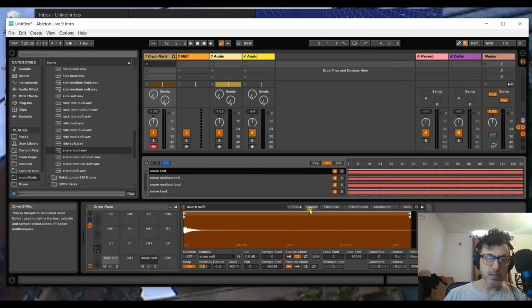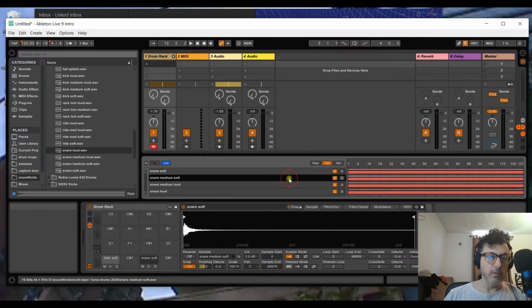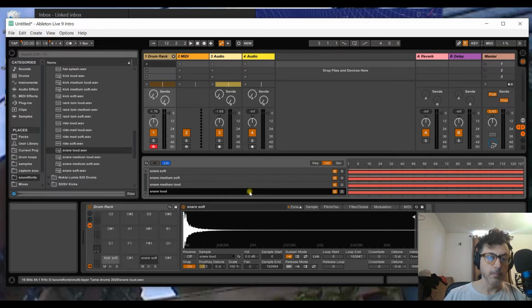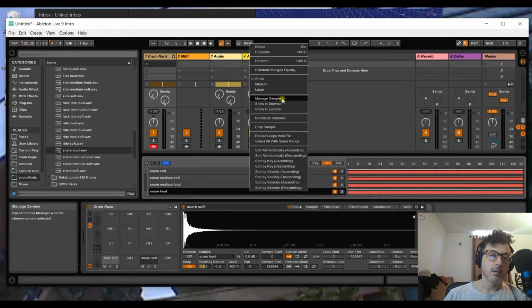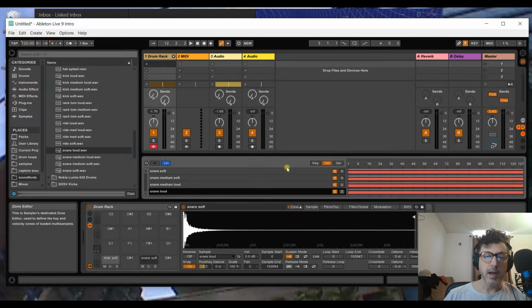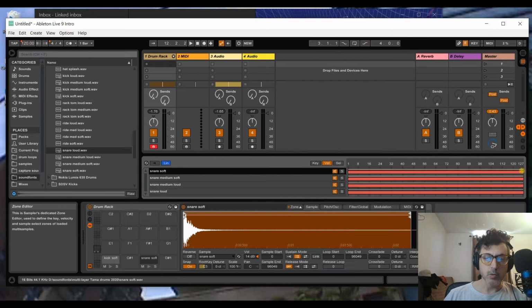Oh, before I do that, sorry, I forgot something. What we're going to do first is actually right-click on the actual sample itself and go to normalize volumes on all of them, so we get a consistent volume on all the samples. That's going to correspond with how you play the drum too. Okay, now once we do that, we can start dragging our zones